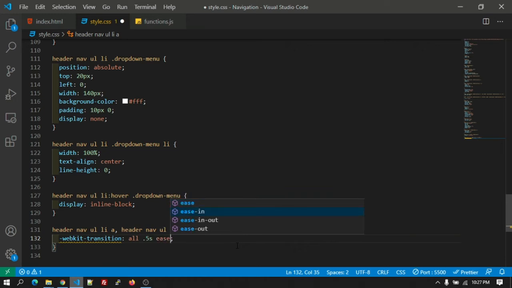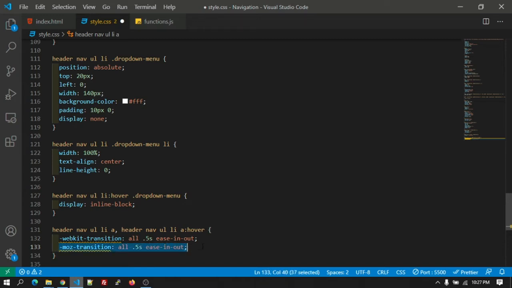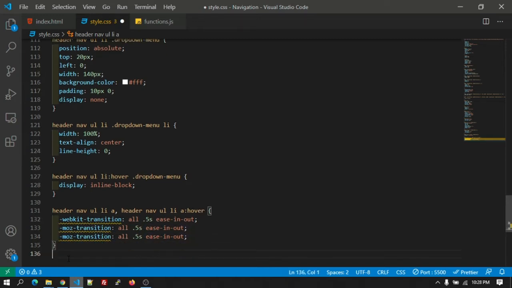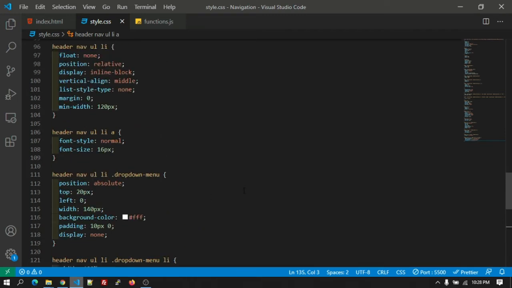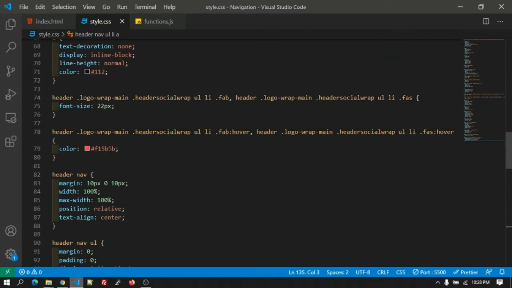and ease in out. So let's copy the same one more time for the mouse. Let's copy the same once again for the hover. Let's copy the same and it will be simple transition. Okay, we need to change the color right on the hover. So already we have given this color for the social media icons.